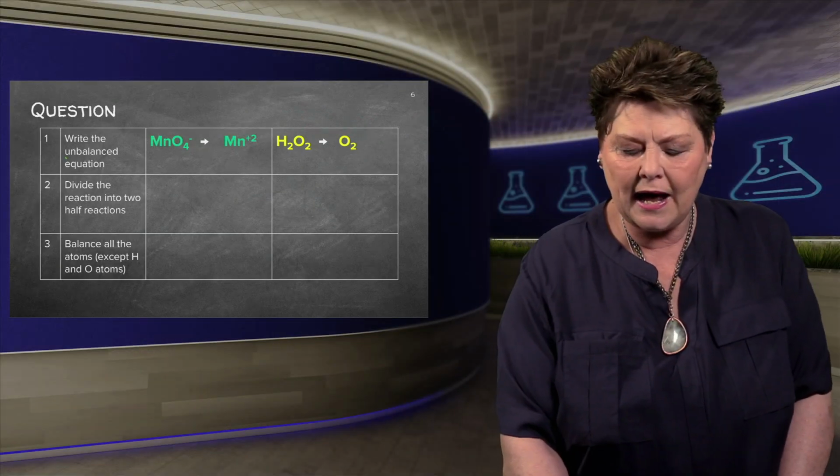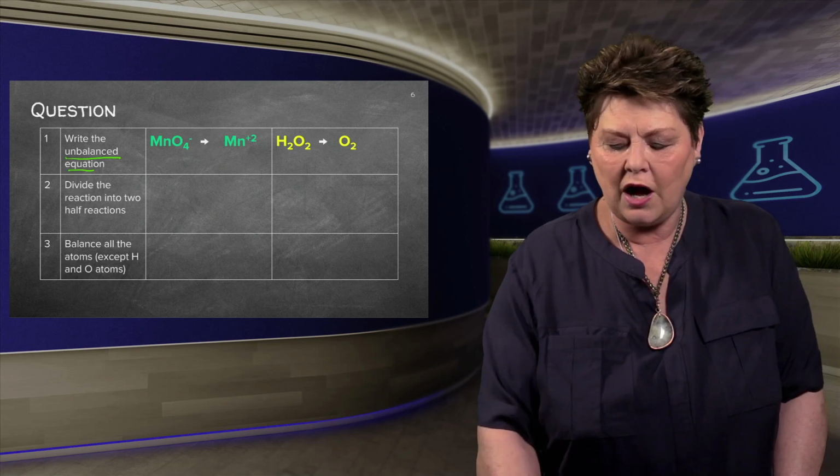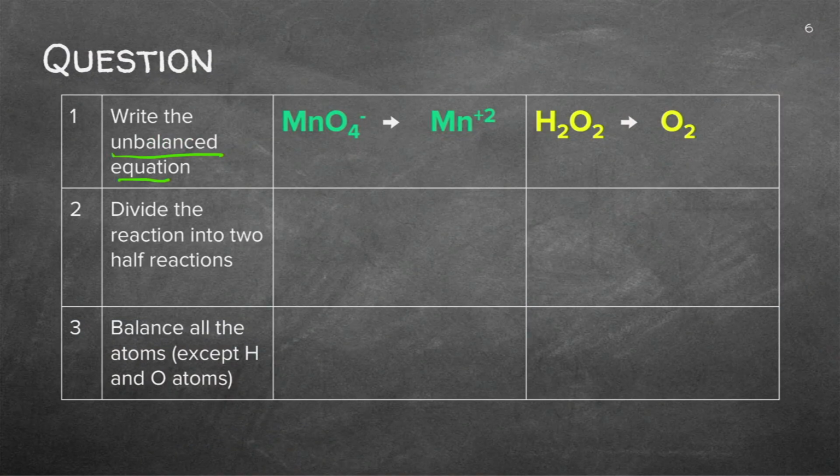So let's jump right to a table that I've completed. Firstly, write the unbalanced equation. So I've got the two half reactions, which I just wrote down. So I've got the permanganate and the manganese, as the peroxide will produce the oxygen. Now I'm going to divide it into the two half reactions, which I actually did for you. So you have to see which will be the two half reactions. Can you see it's becoming a plus? So you sort of have an idea if it's reduction or oxidation.